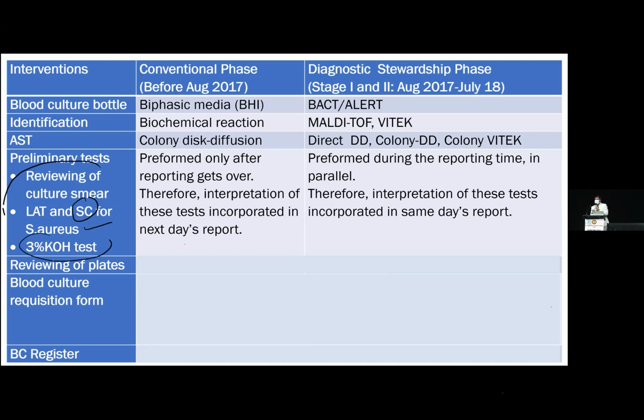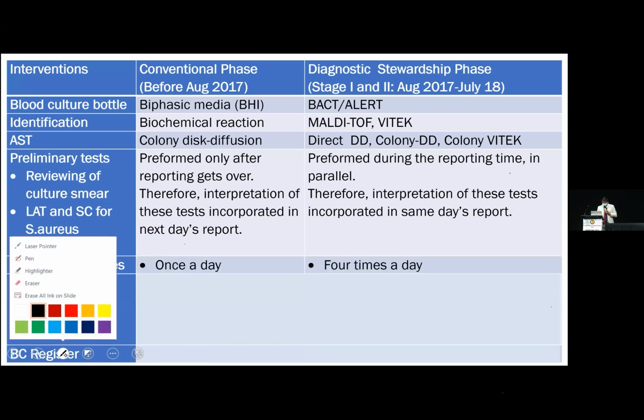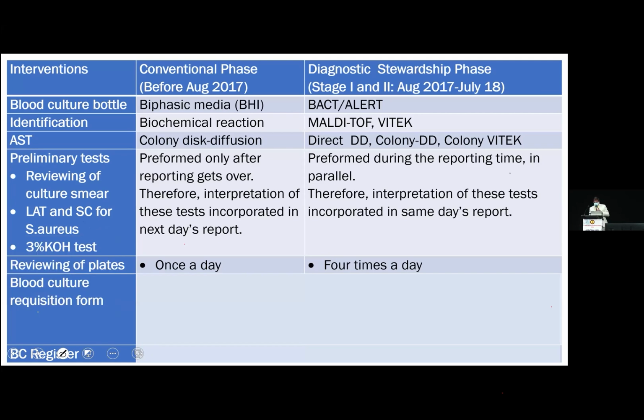All this we started performing in parallel to our reporting. It's a very small change, but the advantage of that is all these results were reported, where all these results were incorporated on the same day reporting. So this brought a small but significant change to the clinicians, because for example coagulase negative staph, or even